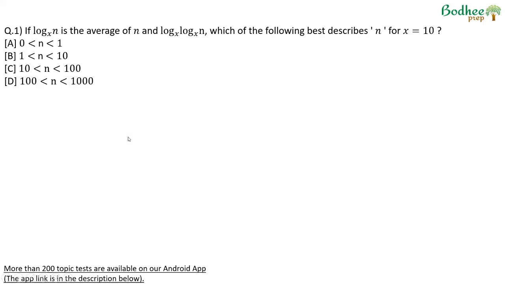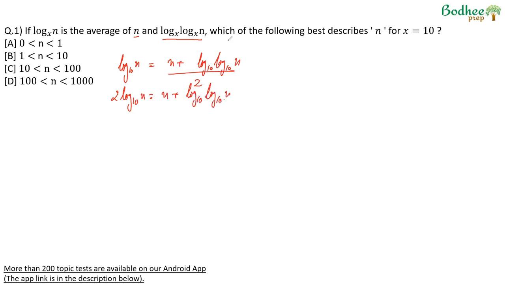If we look at the questions, question number 1 says: log of n to the base x is the average of n and log of n to the base x to the base x. Which of the following best describes n if x is 10? So log of n to the base 10 is the average of n plus log of 10 to the base n upon 2. 2 log of 10 to the base n is equal to n plus log of 10 to the base n. If n is equal to 1,